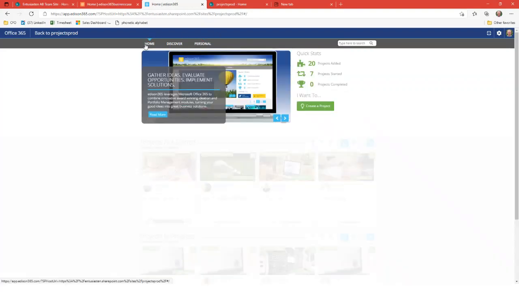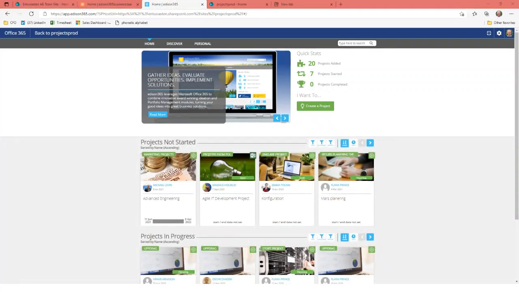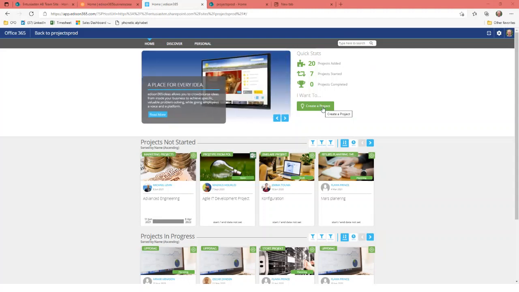So let's go back to home and back to the presentation. We can take a look at this button here. I want to create a project, and many organizations actually use this to create what they call projects, but not all do. Some of them call them just plans, and a plan could be for a project, for a maintenance task, for a simple task or something. So in some organizations, the word project has been a bit misleading here. They want to create a plan, and some of the plans are projects, some of the plans are something else, and that is now